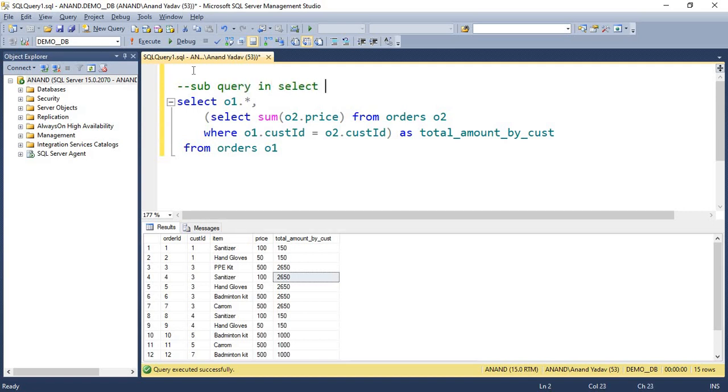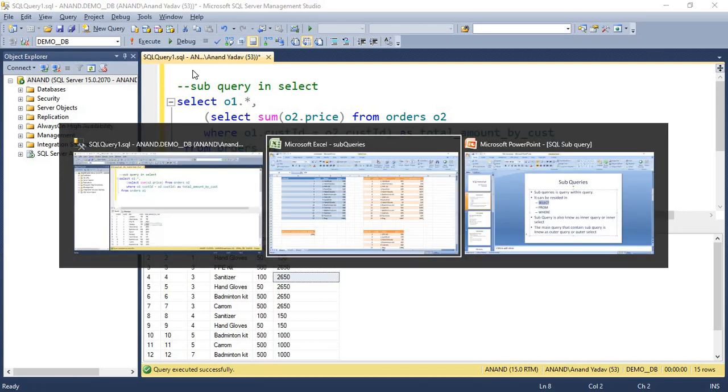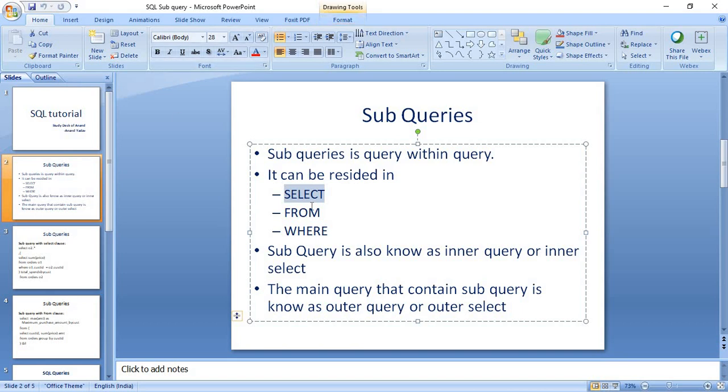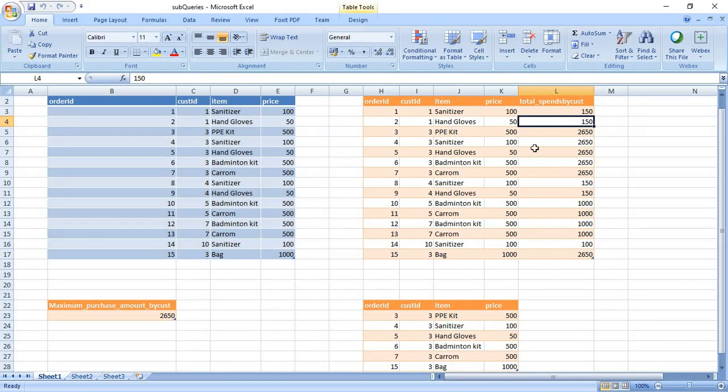Select statement. Now that we have seen in the PPT how to write a subquery with the help of FROM, we have another problem statement. Like in the first problem statement, we obtained how much money each customer has spent to buy items. Now we wanted to identify which customer has spent the highest amount of money to purchase all items.